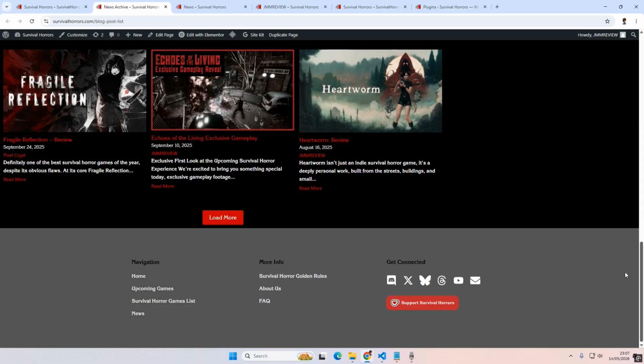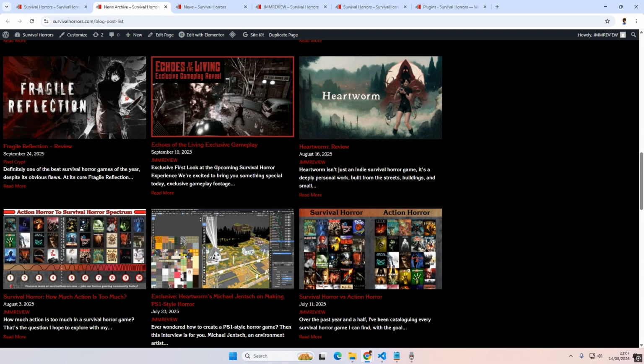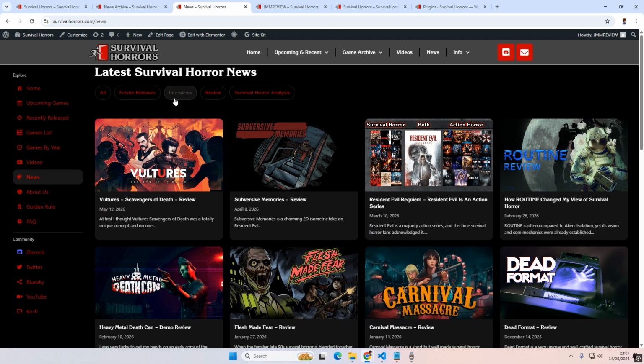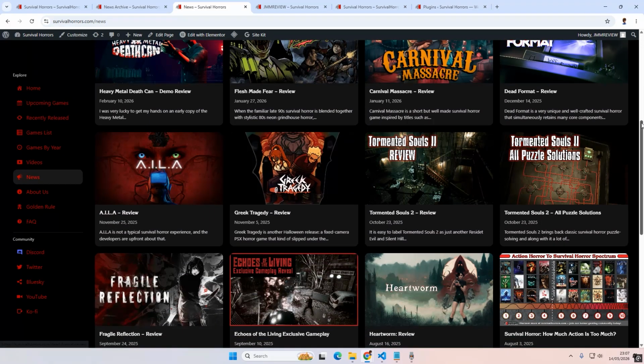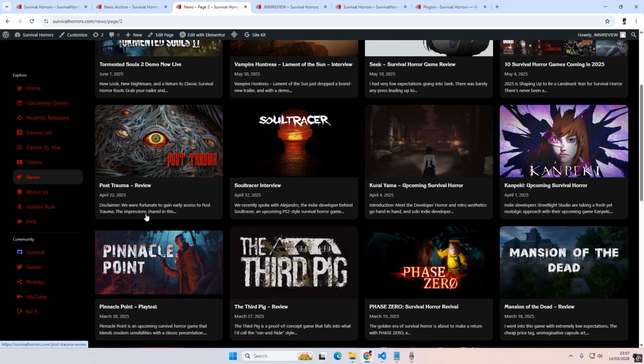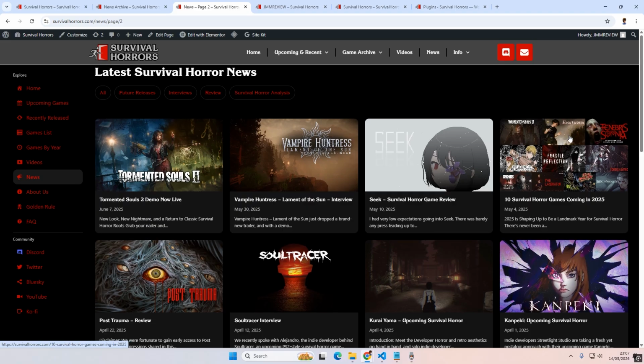It had like a little load more button, and the archive and the database, but now it's just the sidebar and then the page, like the different posts, and we just have like this, just change the next page sort of thing. If we go into one of the posts, it won't look too different to before,